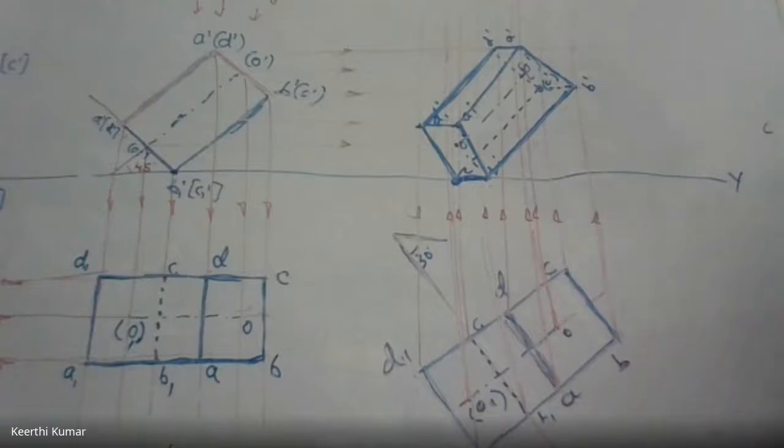Later on, as soon as this class completes, please try to draw to the actual scale. This class is 2 hours, from 8:30 to 10:30. You assume that I'm taking the class till 10:30, even though I wind up earlier, and try to complete this to the actual scale. Why am I giving time? Because you're supposed to draw to the actual scale. Because of that only, I'm winding up the class regularly, 20 or 25 minutes earlier in all the classes, just to make sure that you draw to the actual scale. Understanding?